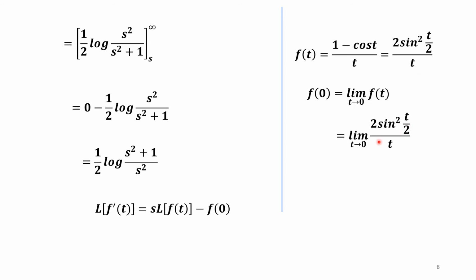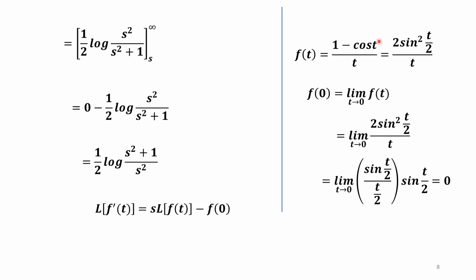So writing this 2 in the denominator as sine t by 2 upon t by 2, one more sine will remain, that is sine t by 2. So when t tends to 0, this will become 1 and this will become 0. So 1 into 0 is equal to 0. As it is, when you apply t equal to 0, we will get 0 by 0 form, which is indeterminate, which is not having a finite limit.